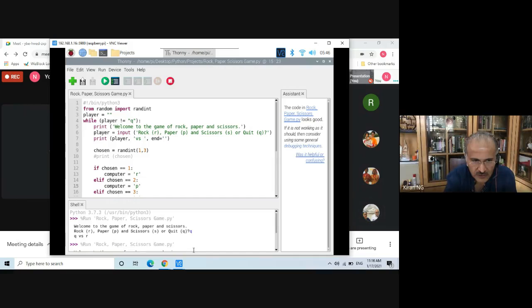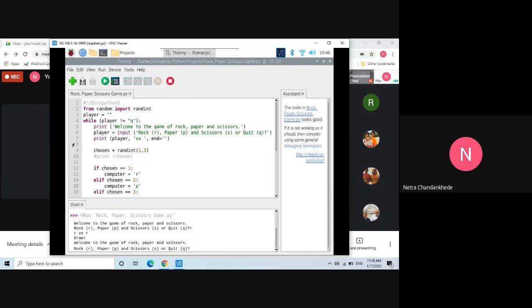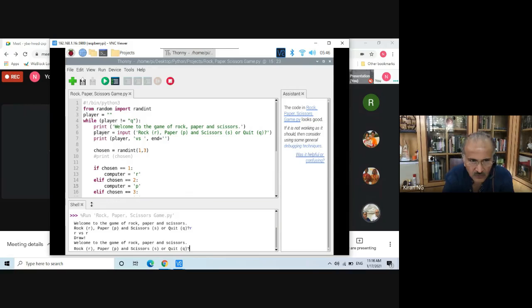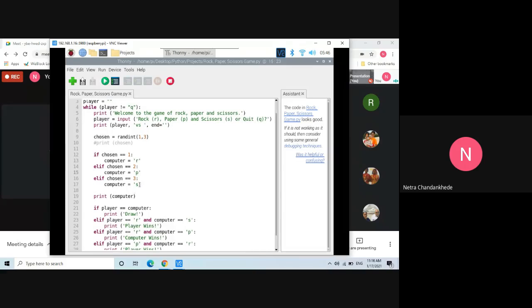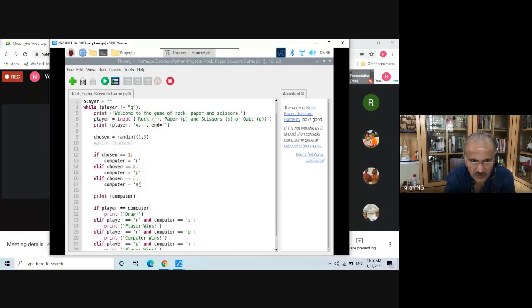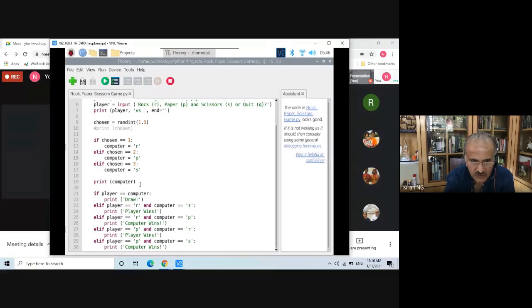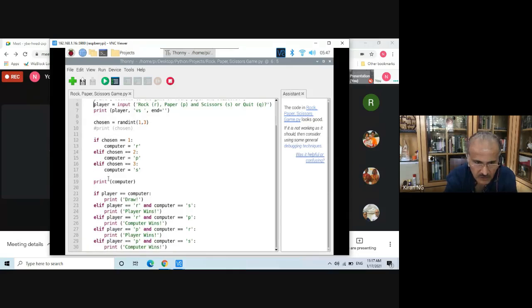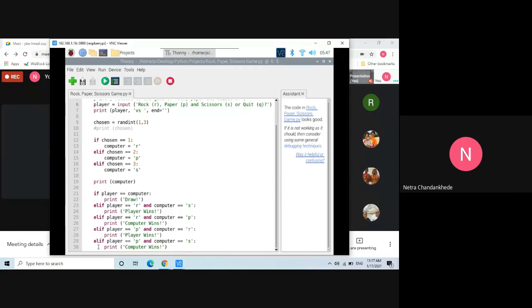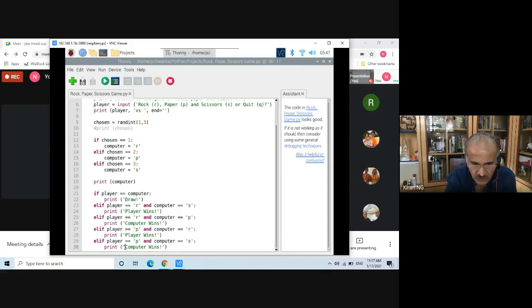No, you have to initialize it. Come to the bottom of the if loop. So for the draw and the player wins, just come wherever you are doing. Once your player job is over, just below, come back after player wins. The last statement, computer wins. Press enter. You need to introduce one more.